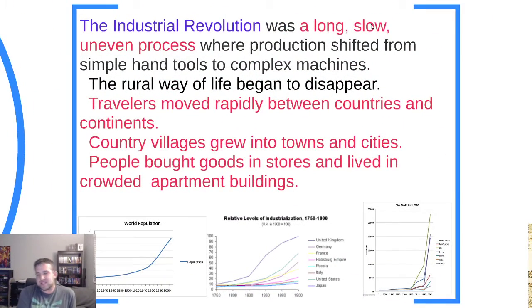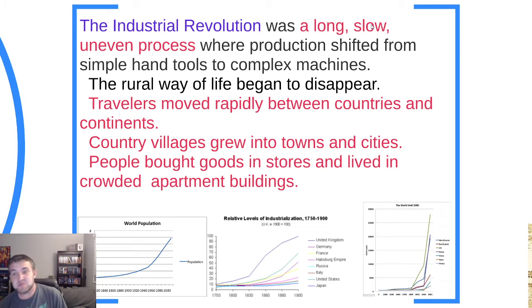Okay, so this is the whole topic of this unit, the Industrial Revolution. The way that I teach it, you'll maybe get the wrong impression. You'll think that the Industrial Revolution was this kind of sequential, predictable thing in history, but the reality was it wasn't. This was about a 150-year period. Things were long, uneven, but the overall theme of the Industrial Revolution is that production is shifting from hand tools